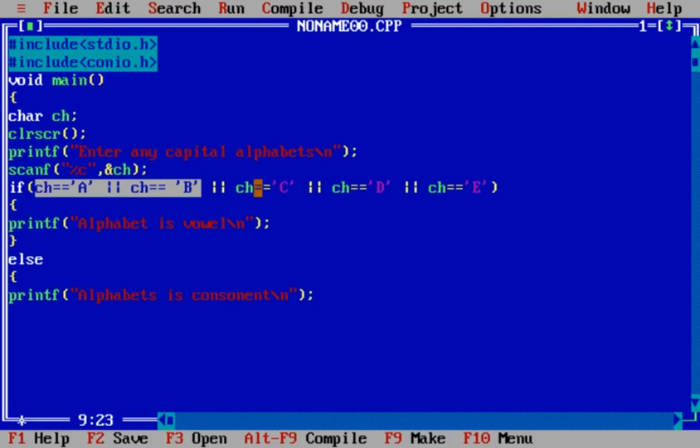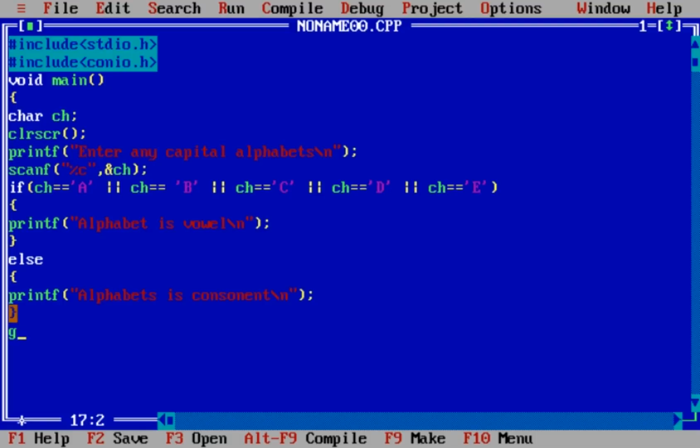If C, then this, D, then this. If any one of these values is true, then our control will enter this condition and print alphabet is vowel. If all of these are false, then our control will transfer to the else condition.